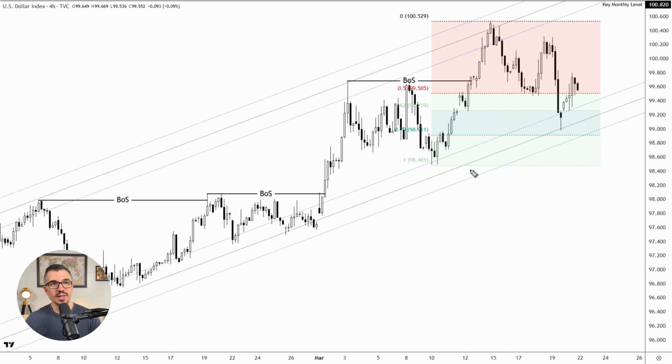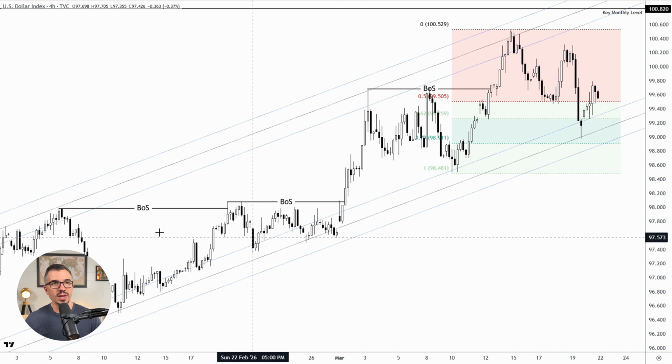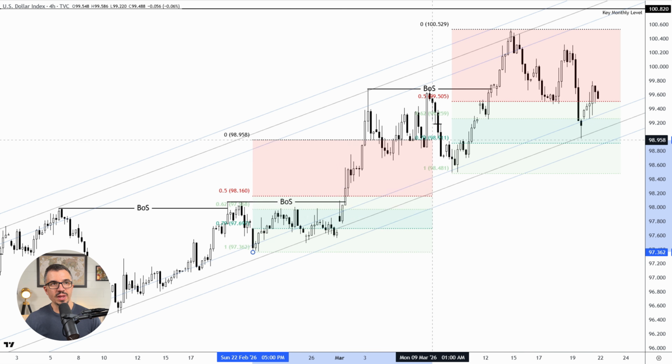But if we were to see the DXY take out this low, you might be thinking, well, now that we have this BOS, wouldn't that be a change of character? And couldn't that be a top for the dollar? And look, it could be, okay? But at the same time, whenever you are using a low like this right here as your protected low to map out a change of character, the issue with that is that if you look back here at this price leg, okay, so looking here from this low down here, right before this BOS down here,